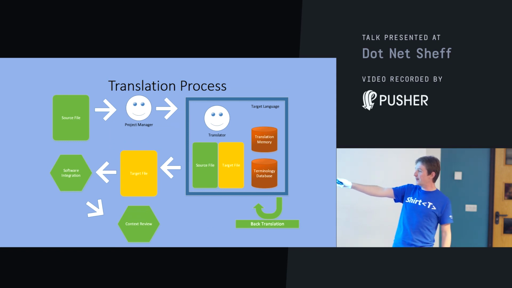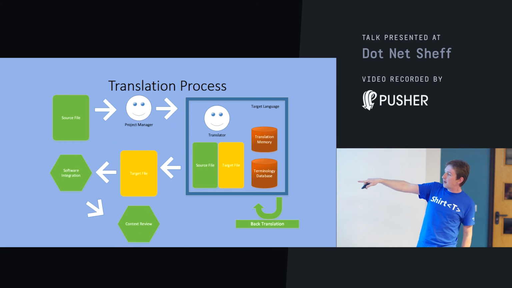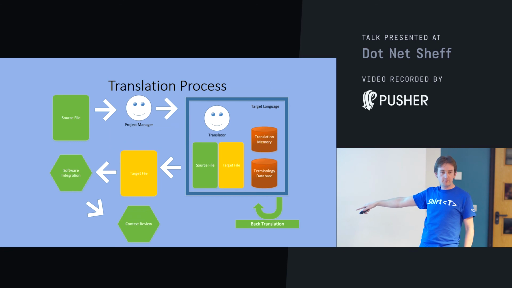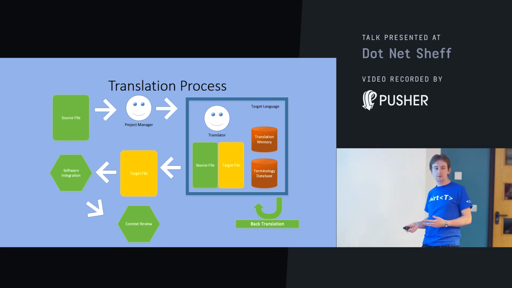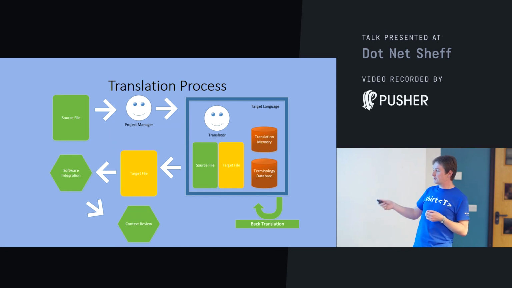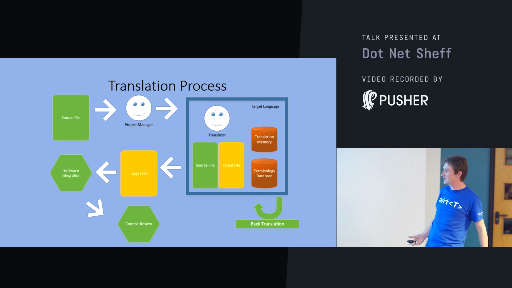You get back the target file, and then you'll be asked to integrate that in your software and preferably give them a copy of the software with instructions on how to access all the strings. Most times that ends up in a demo and they realize that they've maybe misunderstood a phrase or got something wrong, or what they're trying to translate it into, especially if it's German, is far too long for the little box that you were trying to fit it into, and your dialog box goes like this. And then that'll go round a few more reviews and that kind of stage. So that's what's happening under the hood.